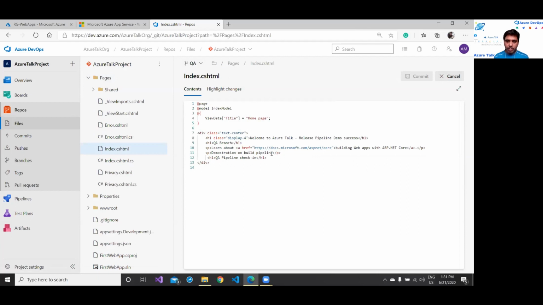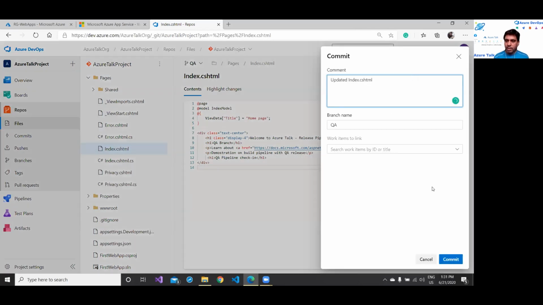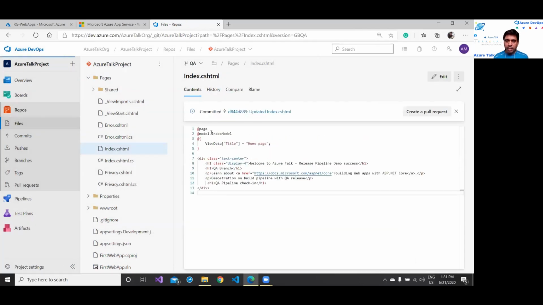I'm saying demonstration on the build pipeline with QA release. Yeah, and just commit it. As soon as you commit, your build pipeline would start.